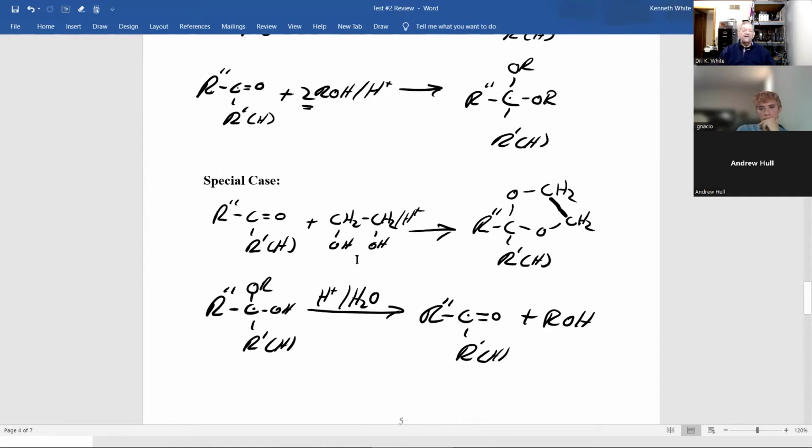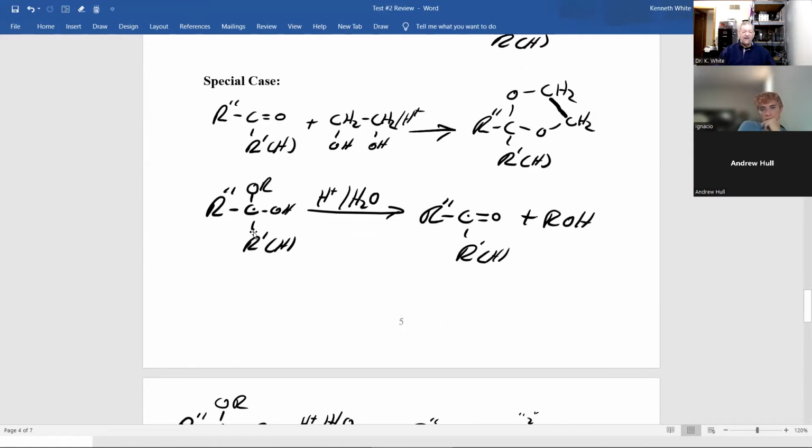Herbert Stort created what's called a protecting group with this reaction. For some reason, students always forget that dark double bond there is a single bond. All right, now, if you start with a hemiacetal or hemiketal, acid and water, and this is one of the